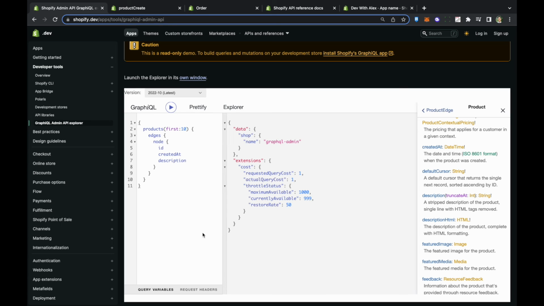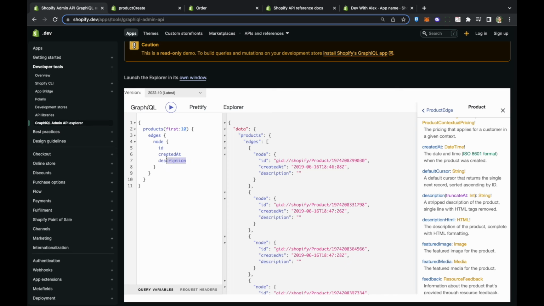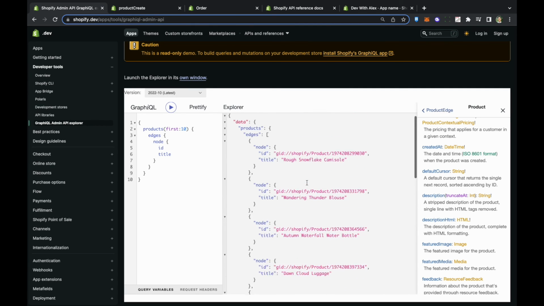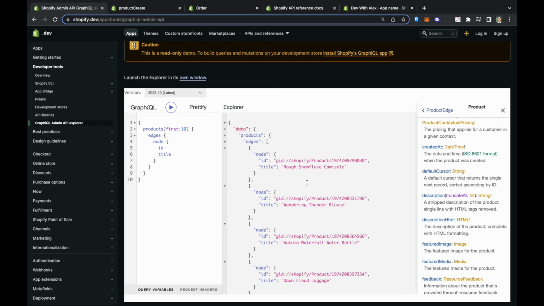So for our query, when we're writing in our app, we just want to get the ID and title of each product for now. So we'll leave the ID field there and just add in the title field as well. Let's hit the play button to make sure the query is formatted correctly, and it's working. Now that we know that this query is working exactly how we want it to, let's copy the whole thing,